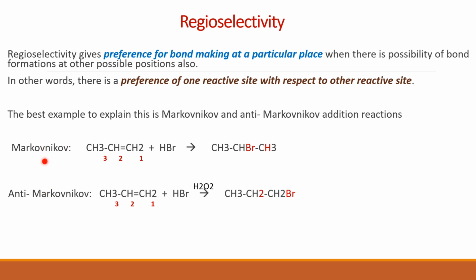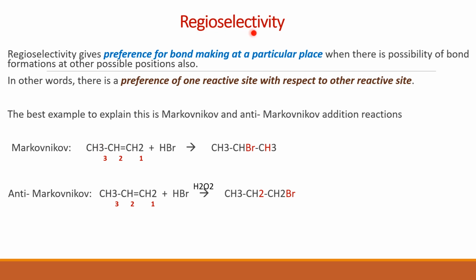The reason for regioselectivity is that Markovnikov rule takes place through formation of carbocation, whereas in anti-Markovnikov rule, when hydrogen peroxide is used, free radicals are formed. And because of the stability of the intermediate free radical, you get this type of product. So if you want 1-bromopropane, you add H2O2. If you want 2-bromopropane, don't add anything. Just mix the two reagents and heat it. Is that clear to you? Have you all understood this, students?